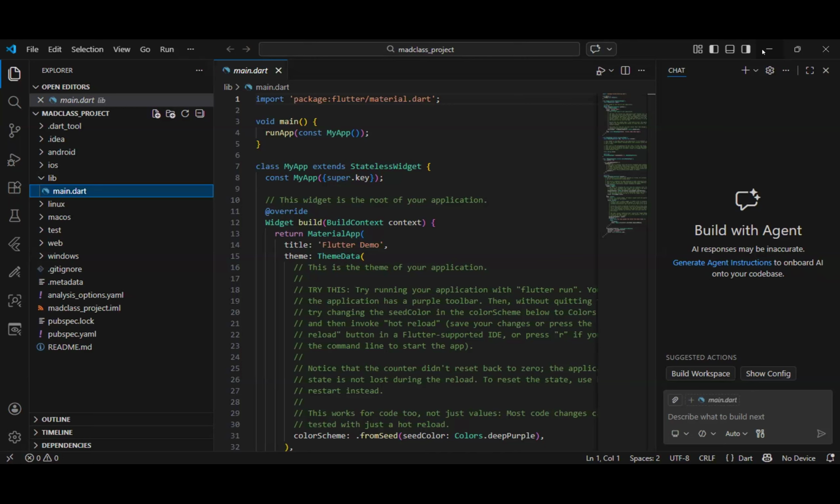Flutter is not recognized. Okay, it means that you've installed the Dart, but you've not installed Flutter. So what you do is download Flutter. You do a new download, not through the VS Code.